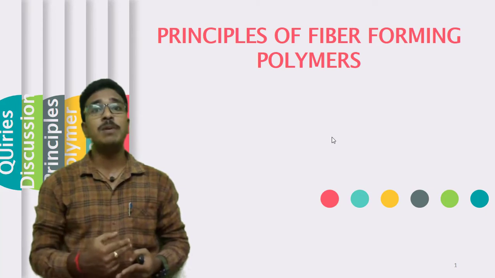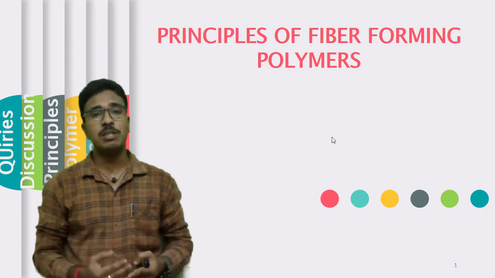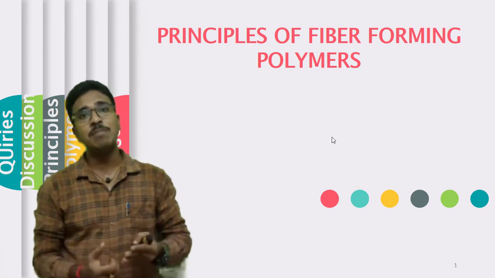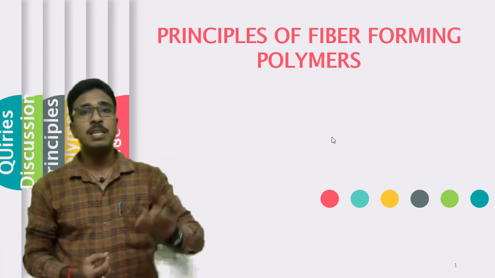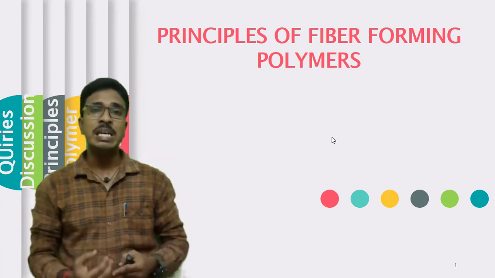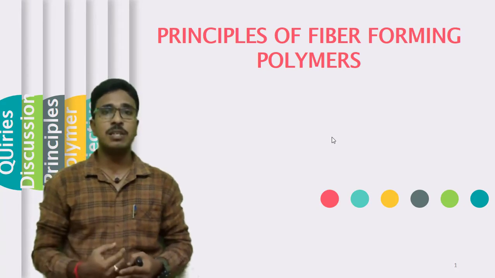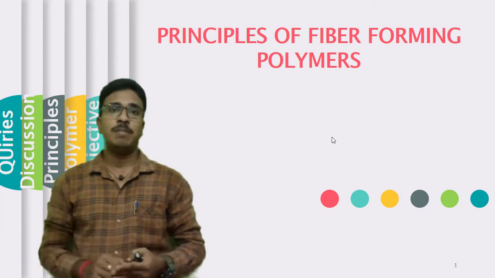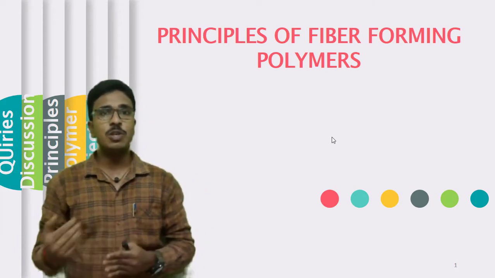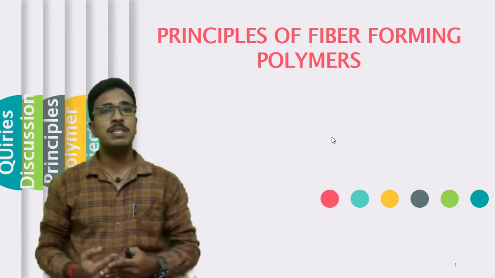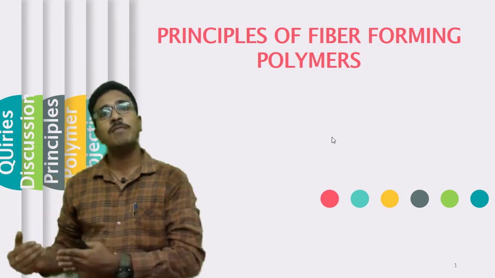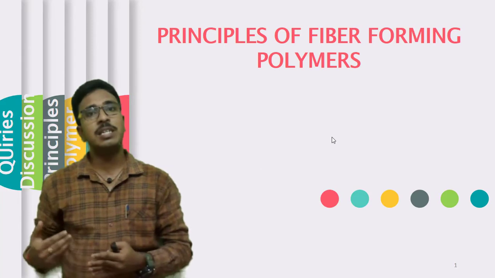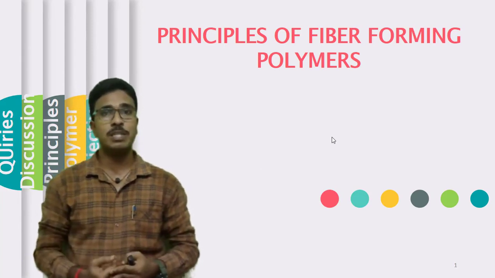And also we will be going for a process called drawing process, which is a very important operation, which helps to orient the fiber structure. Orientation in the fiber or filament structure decides the final properties of the filaments. Understand? After drawing, in order to make the filaments dimensionally stable, we will be going for heat setting operations also. Okay, so these three are nothing but the post-spinning operations.